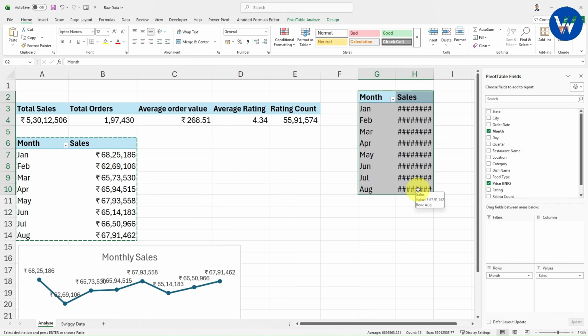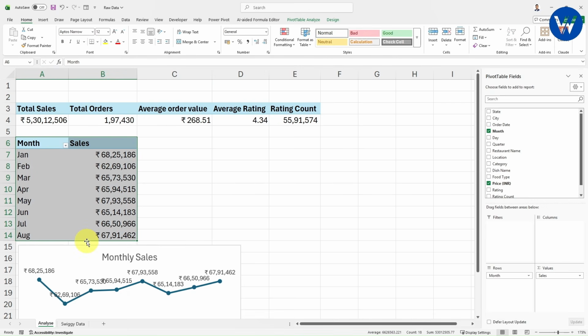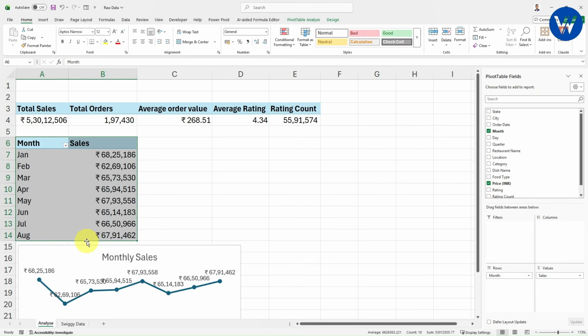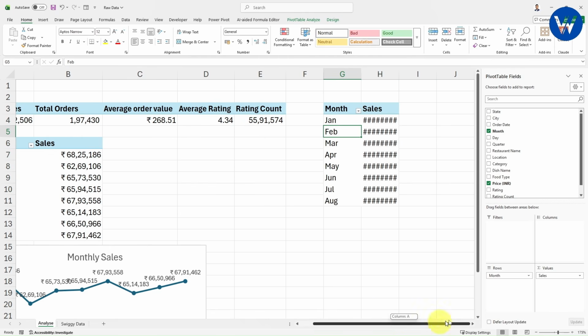Let me show you one alternate way. It is very simple. Just you need to select this table. So first let me double click, right. Now select the table. Now let me zoom in. What you need to do is simply press Ctrl on keyboard. Now once you press here, you can see one small plus icon is available, right. Now look here guys, let me zoom out. Now press Ctrl and drag the table to the right hand side. I will select this position. Now in this way you can create the duplicate of this pivot table. I hope you guys are understanding, right.